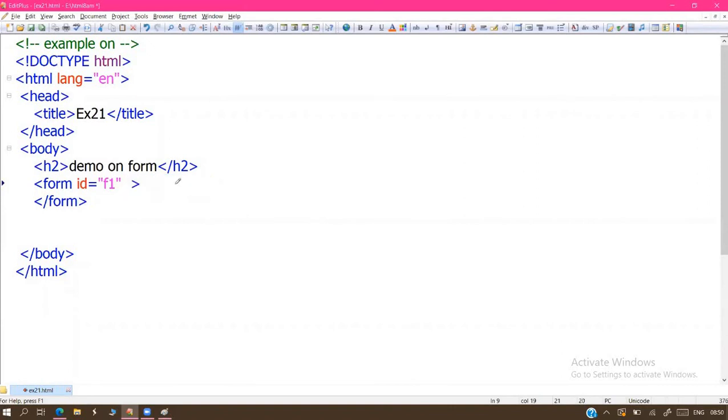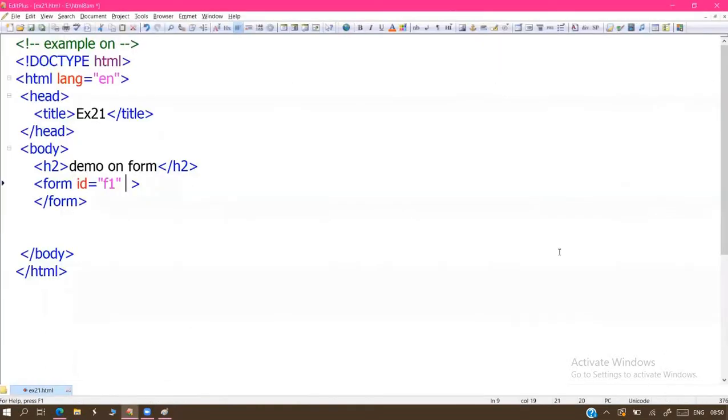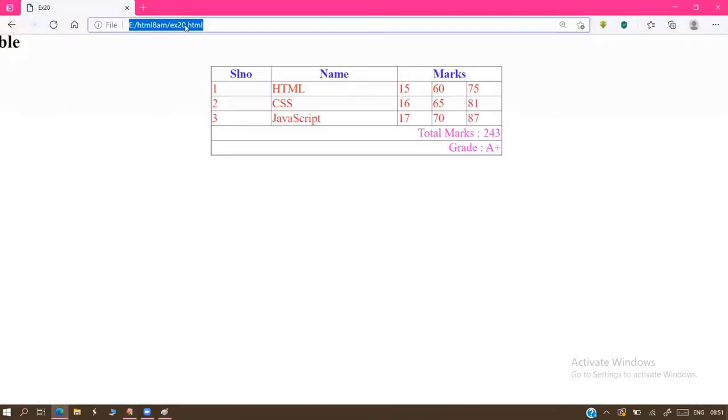If this attribute is not available, sir, when you click on the button the system does not respond, because we are not specifying the file. The server's file is not mentioned. So when you click on the button, it's not calling any other program and it's not performing any task. So that action is required. If I run this program, a blank screen will come.